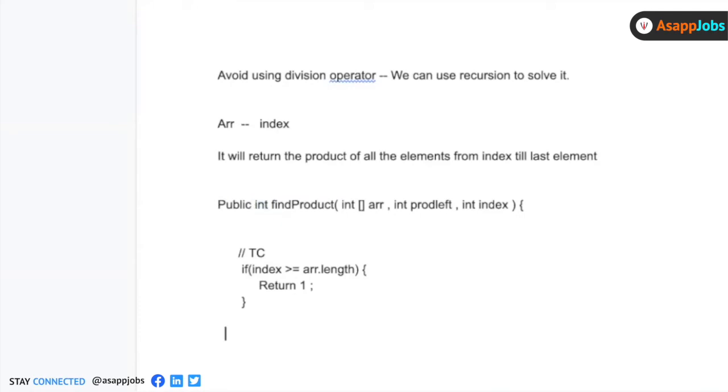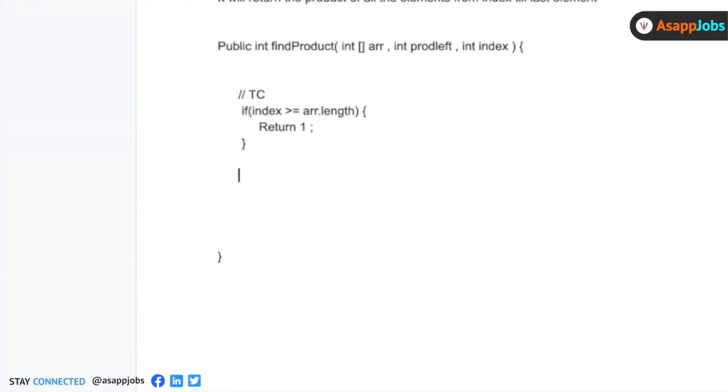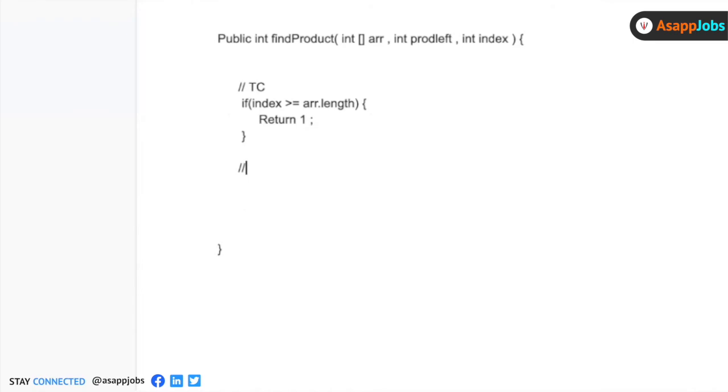Once I have written a base condition, let's try to find the current value. Current value will be int. I know my current index is index, so the current value will be array index. And let's try to find int product till current.